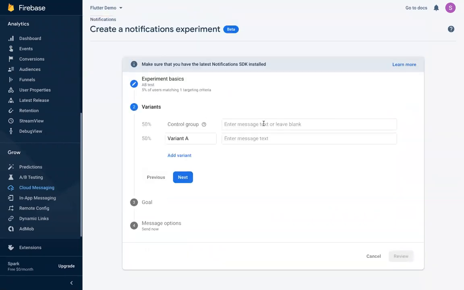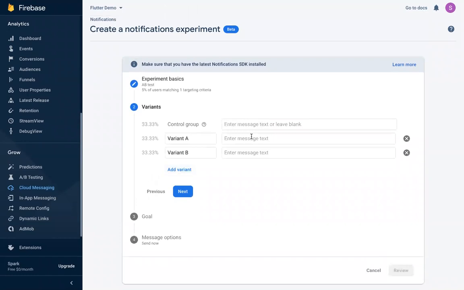Here, you can put in your variants. So you can send a variant to one group, another group, and a control group. A control group is a group that you may not decide to send a message to at all. Then you could set your variant A and variant B. So we could perhaps send one that says,